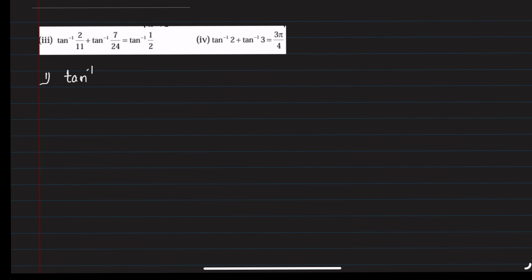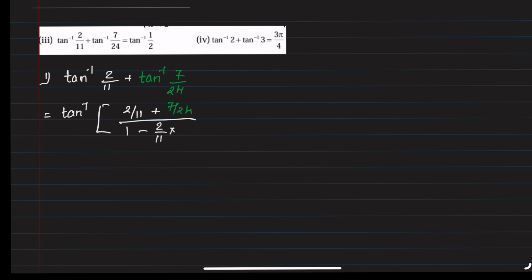Tan inverse 2 by 11 plus tan inverse 7 by 24. Using the identity, this will be equal to tan inverse of 2 by 11 plus 7 by 24 upon 1 minus 2 by 11 into 7 by 24,